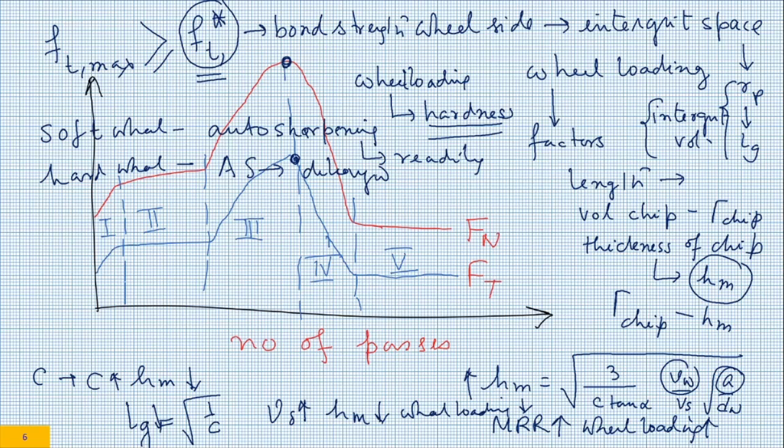But unknowingly, if wheel loading has taken place, is auto sharpening good? Yes, if you are doing rough grinding, then auto sharpening is good. Why? Because in rough grinding, if auto sharpening takes place, the dimension of the wheel will change. So the tolerance that you are trying to get, that you will not be getting, which is not acceptable in case of finished grinding. In case of finished grinding, auto sharpening is not acceptable. In case of finished grinding, forget about auto sharpening, wheel loading is not acceptable.